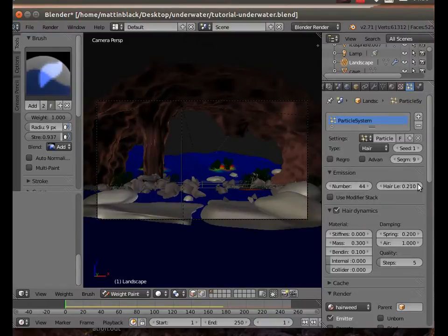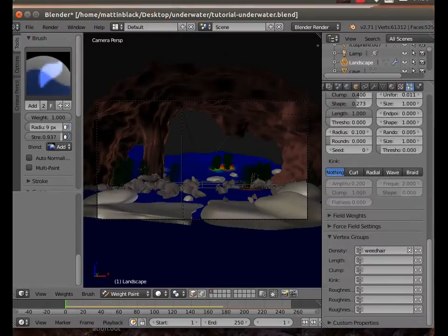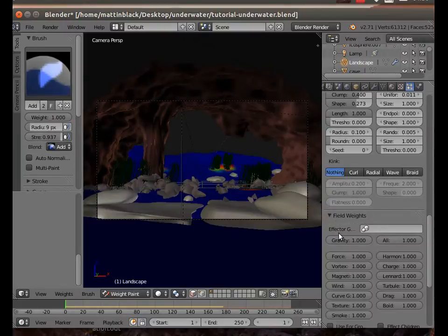I want to make my weed a little bit longer. How's that? Like so. Right. So now we've got the field weights, and we want minus 0.05, which is about what we had before,